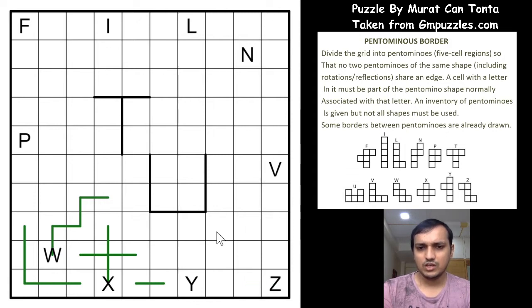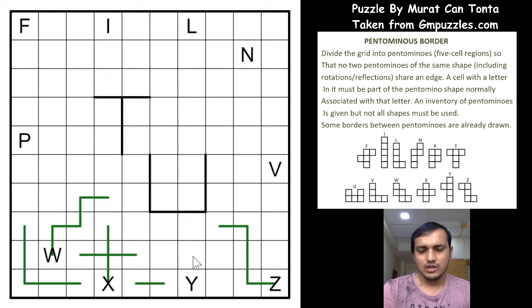So both the ways we are using this cell and this cell, right? So this cell is not used. So what happens if we have a Z like this? This cell will be a part of a Y, and for the Y to be fulfilled, there has to be one more cell extended, and we have 5 cells here, which is forming an I instead of a Y, right? So we conclude that the Z should be the other way around,